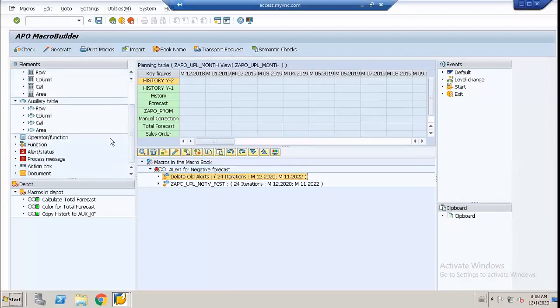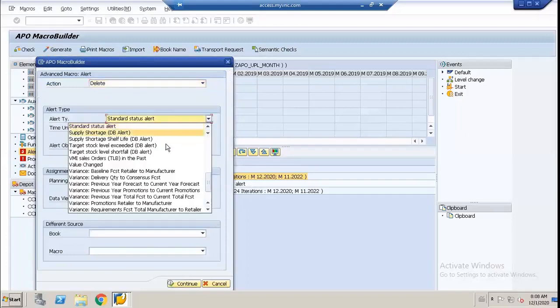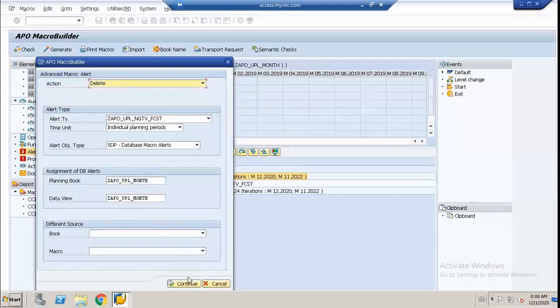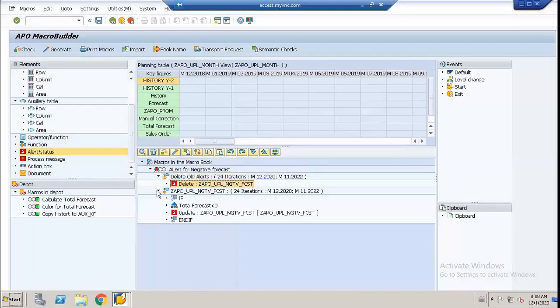I'm not doing any conditional statements. Here I'm going to delete the old alerts for this alert type. Once this is done,